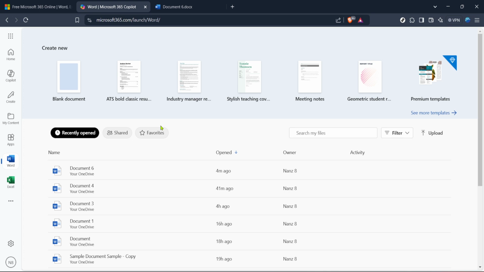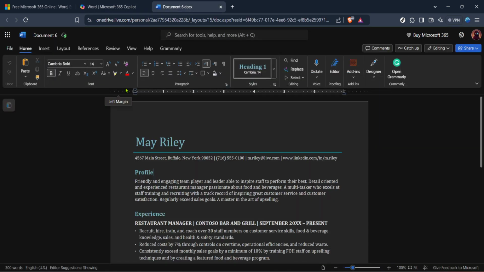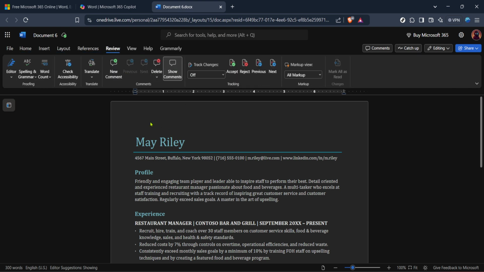Now that you're working in a document, look at the top of the screen where you'll see various tabs like Home, Insert and Design. What you're going to click on is the Review tab. This tab holds all sorts of useful tools for checking and editing your text. Once in the Review section, locate the option that says Grammar. This tool isn't just for checking your sentences and punctuation, it also includes settings for language options.